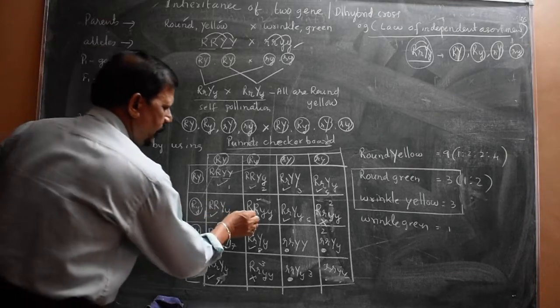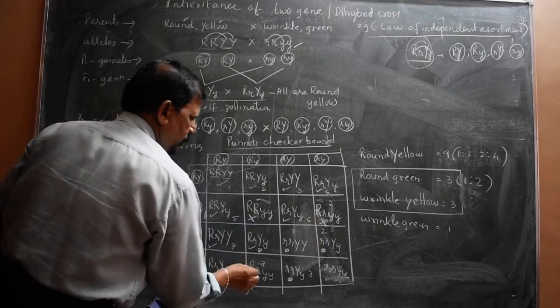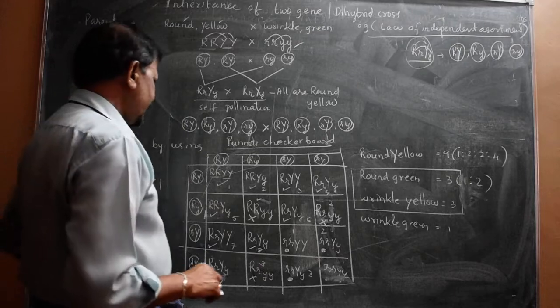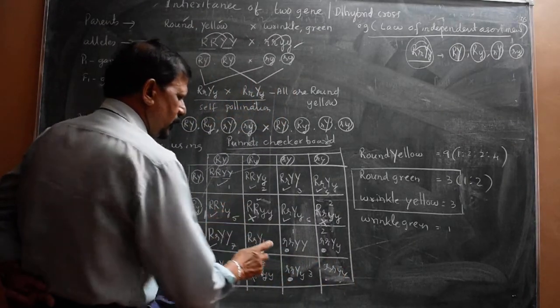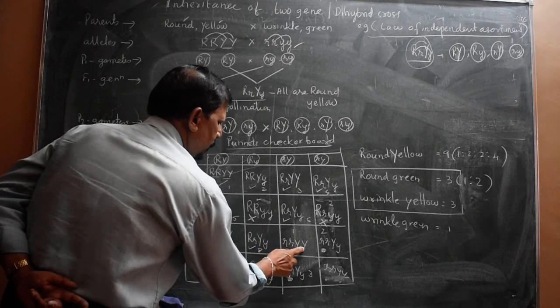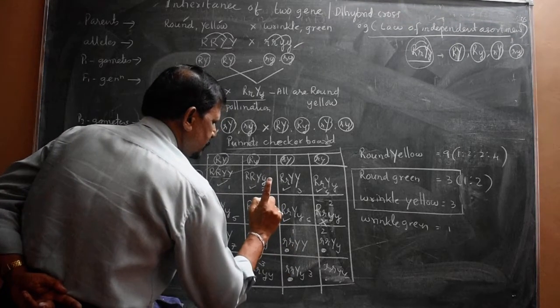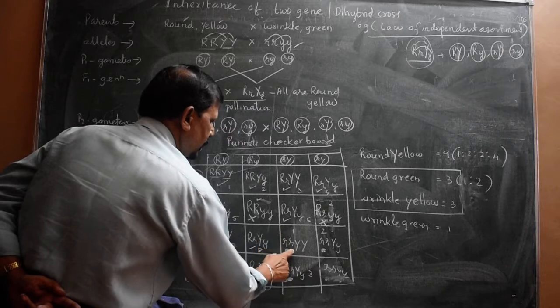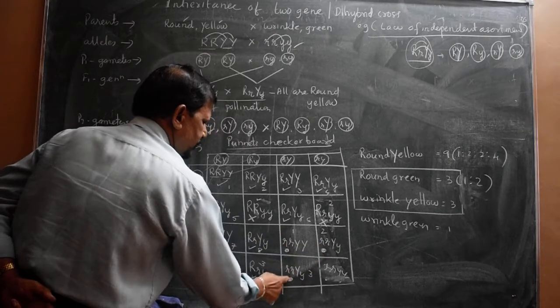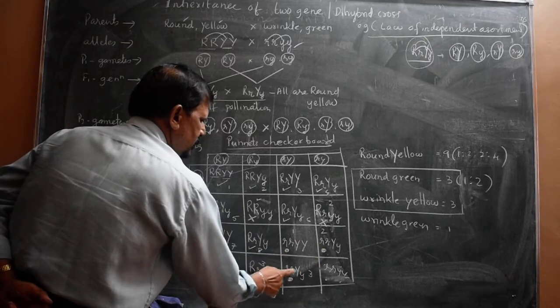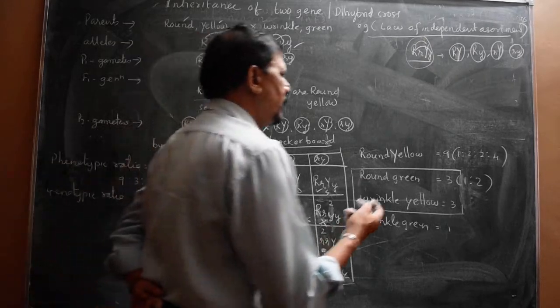So this is one plant separate, and these 2 plants are same. Then the next one, wrinkle yellow, is wrinkle yellow in which also smaller r, capital Y. This is only the one plant. Same plant is only one type, and another plant of this type is not there here. But these 2 plants are same, wrinkle yellow, in which the genotype of these 2 plants is the same, and that is why.